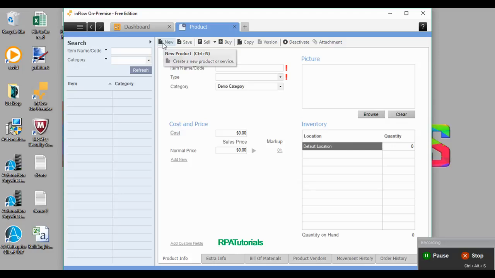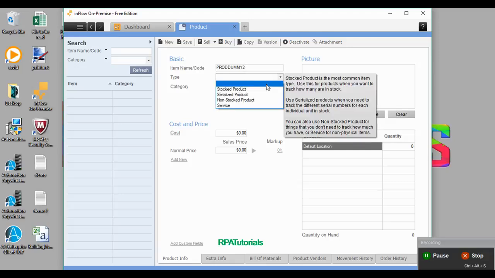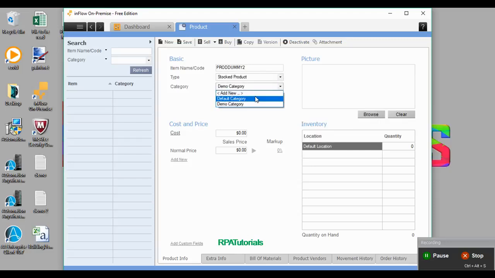So we'll click on New Product, then we'll click on Item Name Code. Let's enter a dummy value for now. Let's enter prod dummy 2. Let's select type as stock product, category as default, let the cost be 30 and the price be 50. Click on save